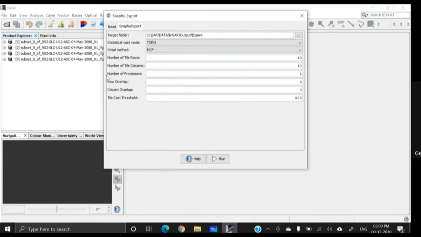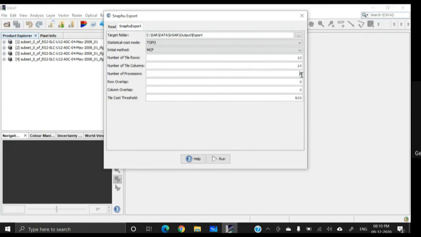Then we have the number of processors, how many processors are there within the computer. I'm considering the default value of 4. In workstations or high-end computers, you may have an octa-core or hexa-core processor. Accordingly, you have to assign the number of processors.